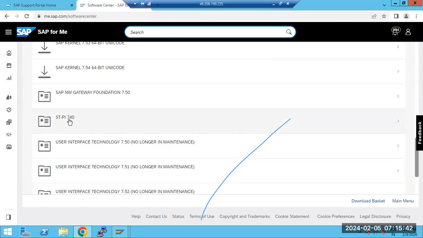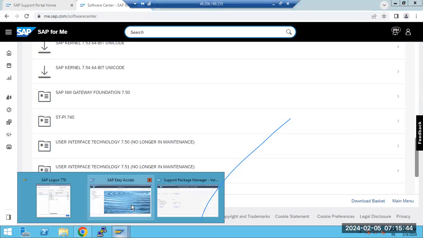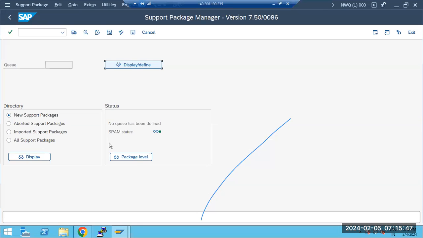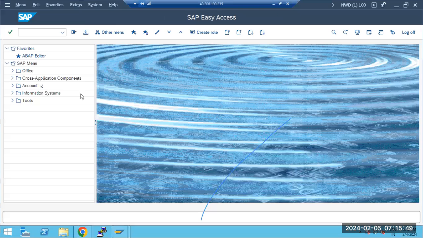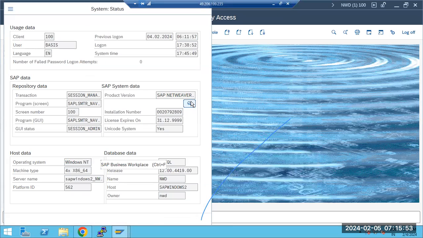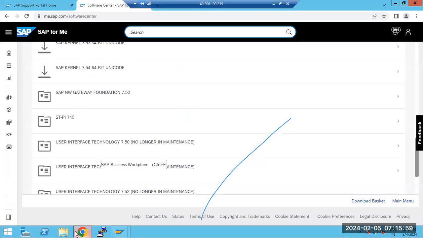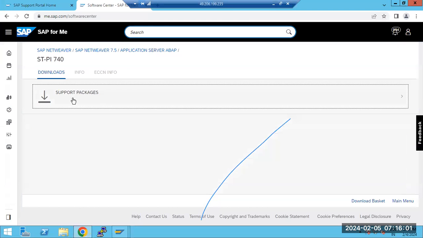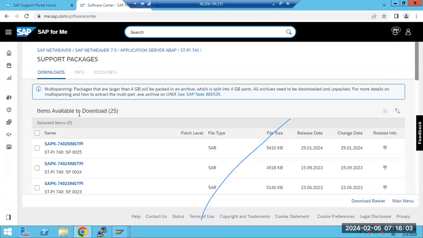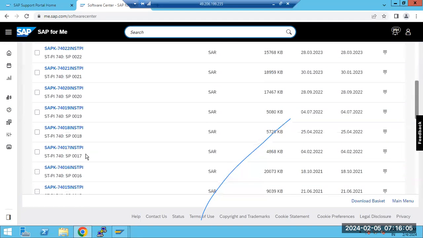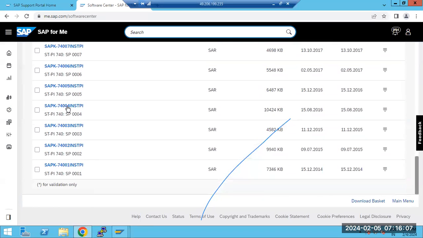Suppose STPI, you want to update it here. What is the STPI version in our systems? Let's see. The STPI version is 003 in our systems. So let's go to STPI. What is the latest version? We have 25 here. So let's download 004,